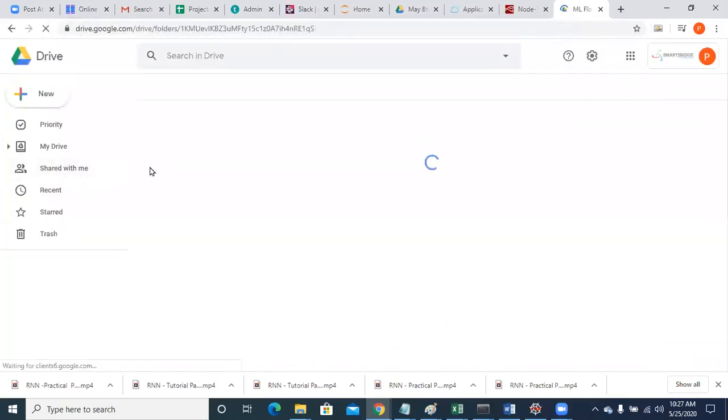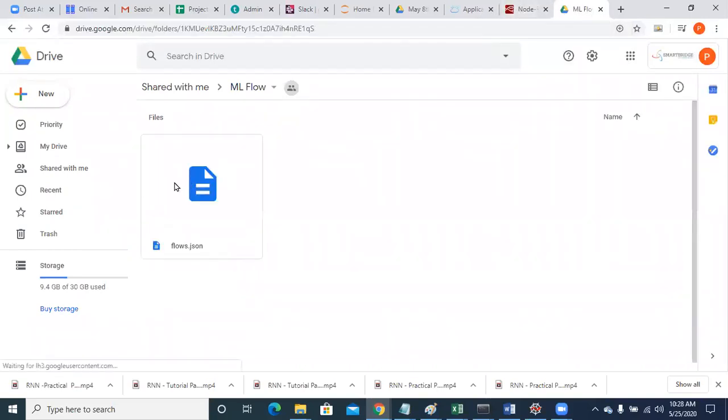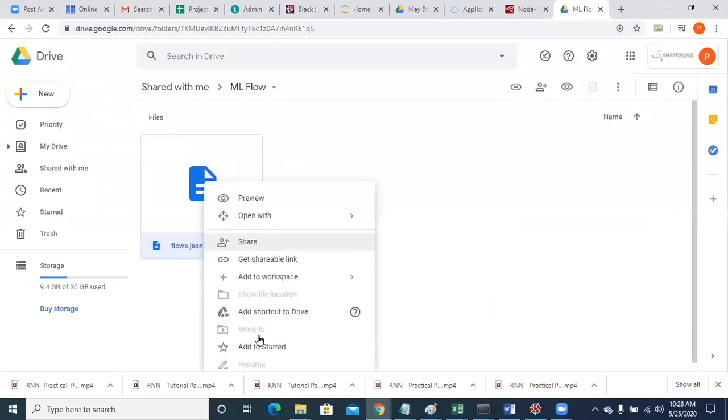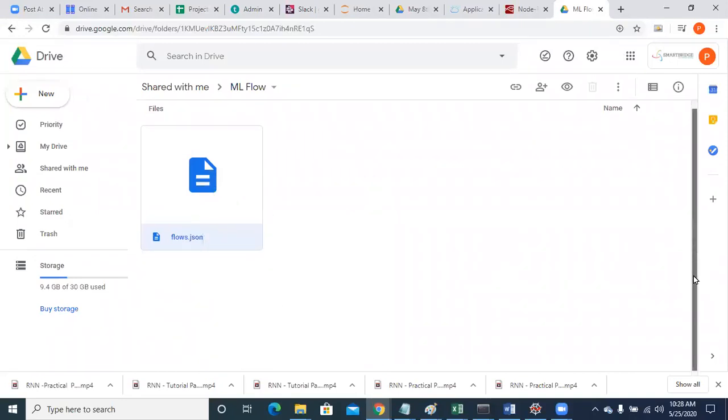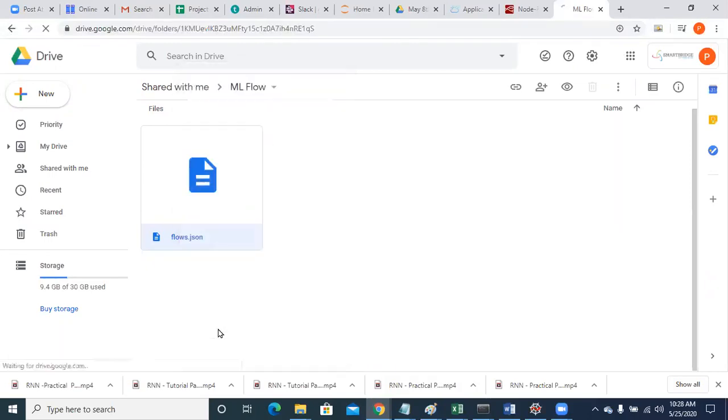There you will have a flows.json. Just download that. You will find flows.json. Just download that.